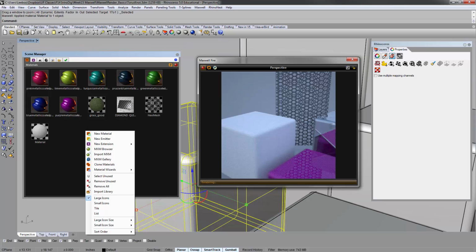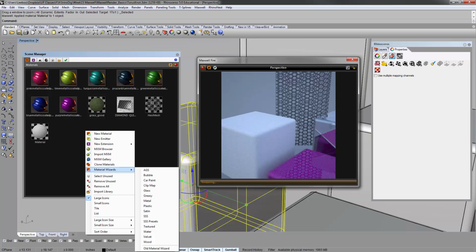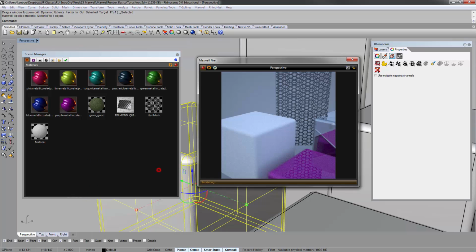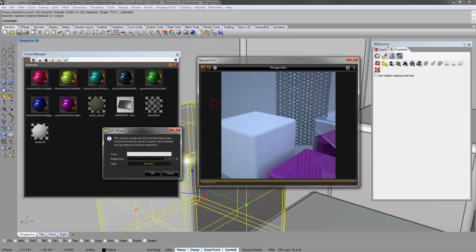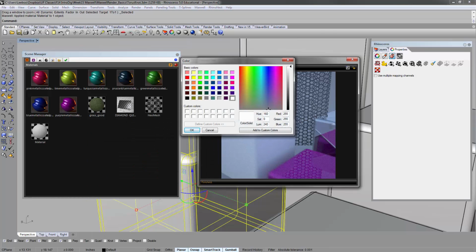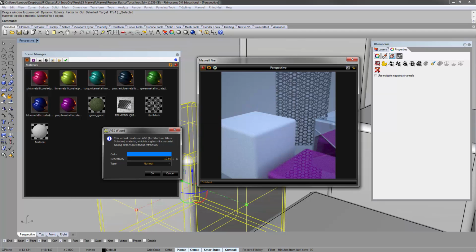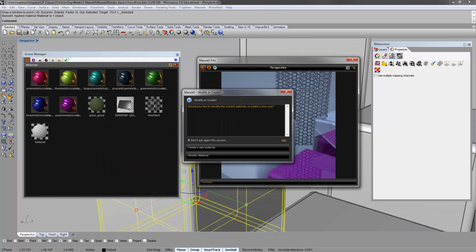You right click here, go to Material Wizard, AGS, and then it will ask you to pick a color. So you can specify a color, let's say blue, say OK. How reflective you want it to be as a percentage, a normal or clear. Let's just use normal and make it maybe 20% reflectivity, OK. And create a new material,